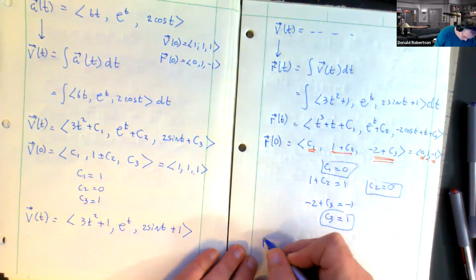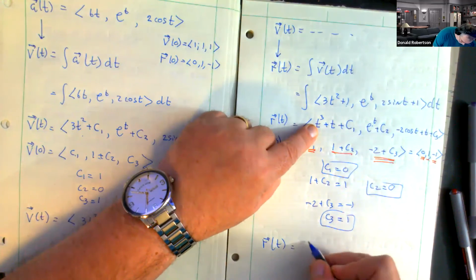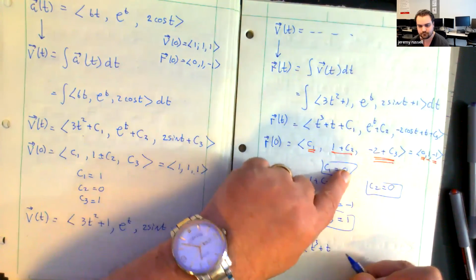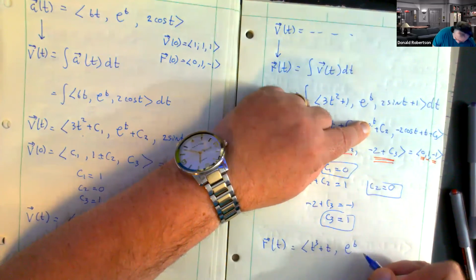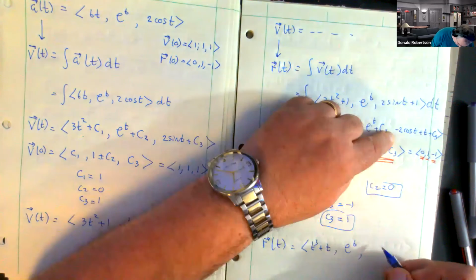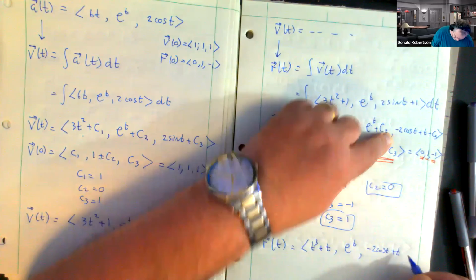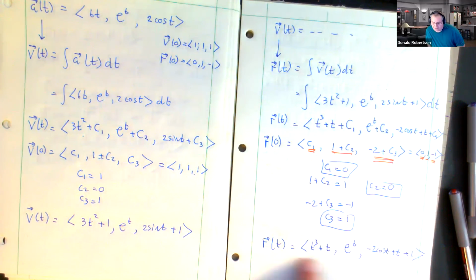So to complete r of t, the position function: t cubed plus t plus nothing, so we're finished. Middle one, e to the t plus nothing, so we're finished. The last one, -2 cosine t plus a t plus a 1. We now know everything you need to know about this moving object, right? There's nothing unknown. I can plug in 22